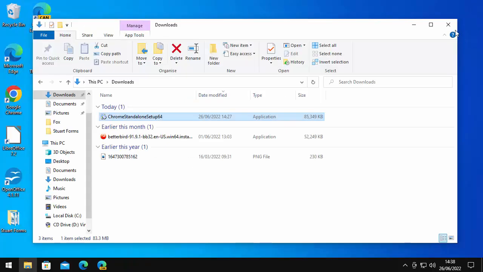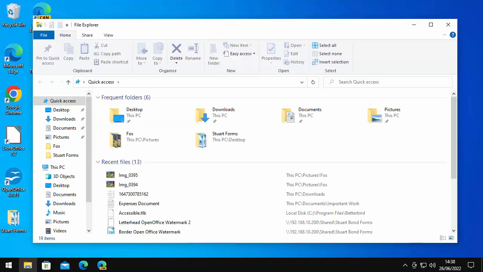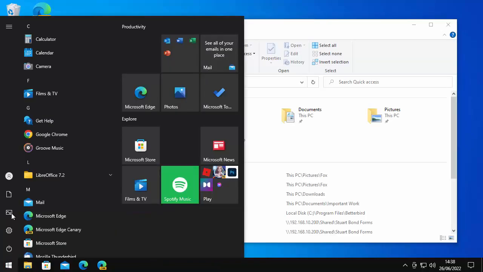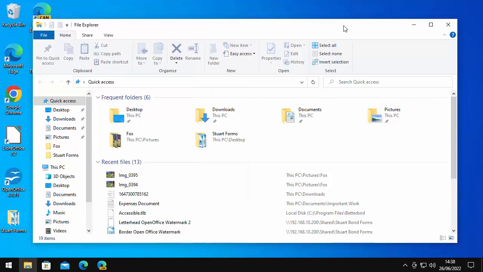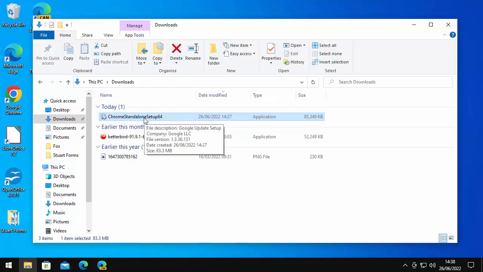Now, one final thing, now it's loaded, okay, what we need to do is we can delete the setup file that we downloaded earlier. This just keeps our computer tidy. So click on any yellow folder or click on the start button and click on documents, which is just there. Either way you do it, find downloads, and then what you want to do is you want to find Chrome standalone setup. Once you've found it, left click once on it and then push the delete key on the keyboard